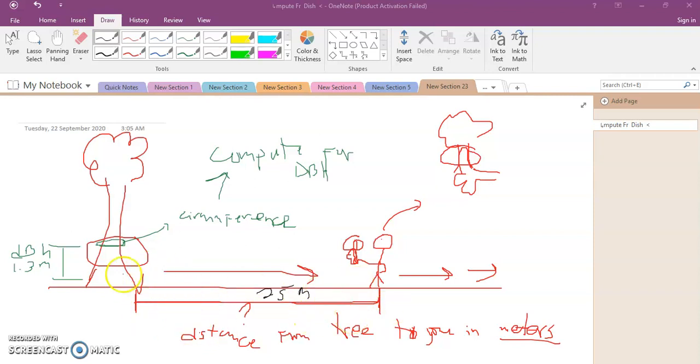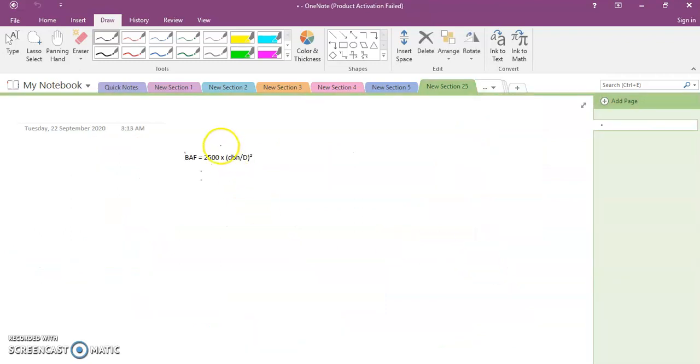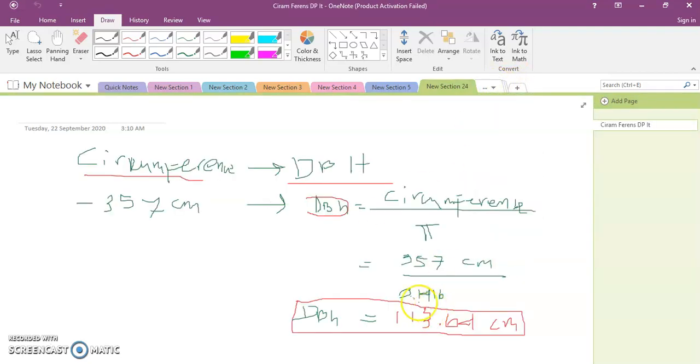So let's say the distance between the tree and you is 25 meters. Then we can compute for the basal area factor as equal to 2,500 times DBH. Our DBH is 113.64